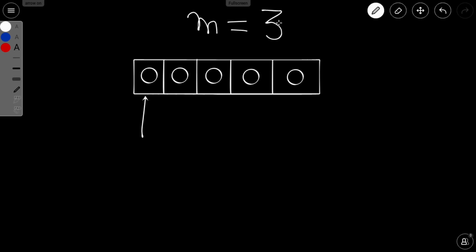Let us say this m was 10. So you can even fill this value with 10, 9, 8, 7, 6, 5, 4, 3, 2, 1. Any value can be filled here. Similarly, once you have filled this one, what you are going to fill at the next place will depend on what you have filled on the previous place. And this thing will go on up to here. Now let's try to form a recursive solution out of this.